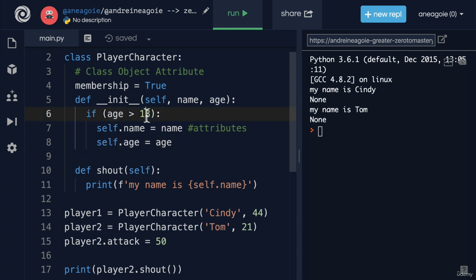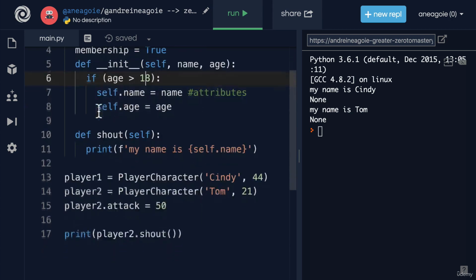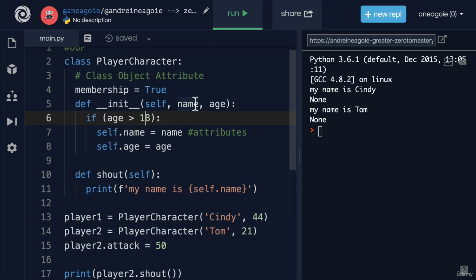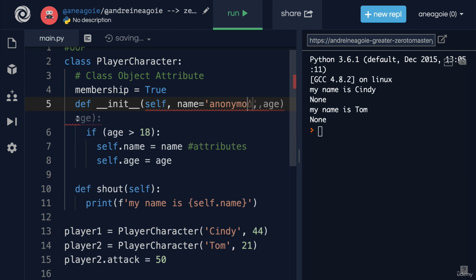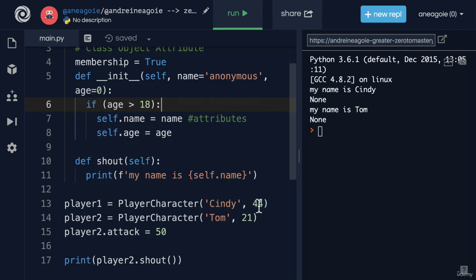So we can do different things in the constructor to make sure that we are instantiating the object the proper way. We can also give default parameters, like name can be anonymous if they don't provide a name. And then age will be, let's say, 0 if they don't provide an age. So that here, let's say I forget to instantiate player 1 and player 2. If I click run,